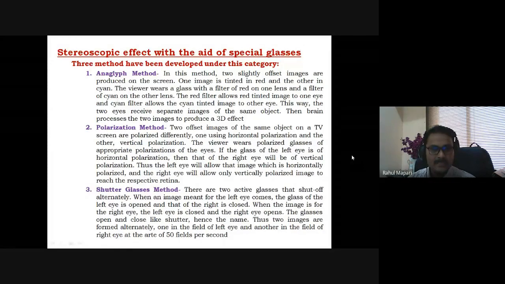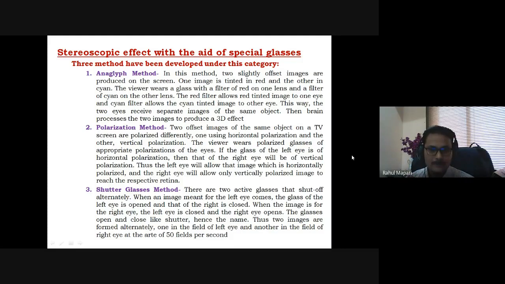Okay. Then the second one is the polarization method. In the polarization method, two offset images of the same object on a TV screen are polarized differently. We know there are two polarizations: one is horizontal polarization and the second is vertical polarization.